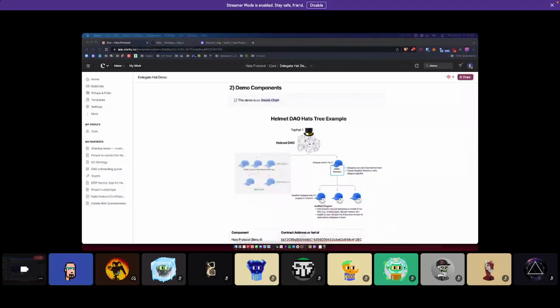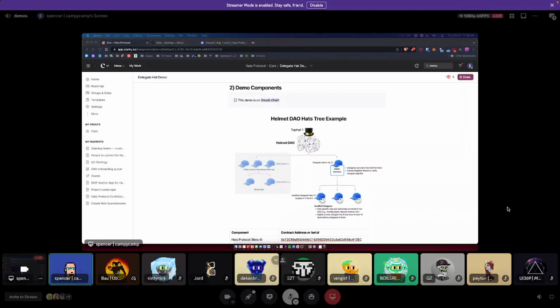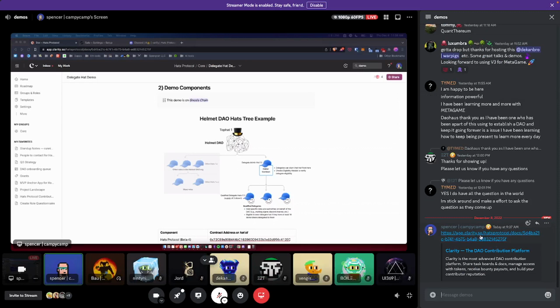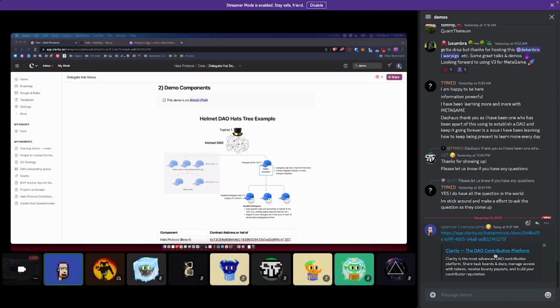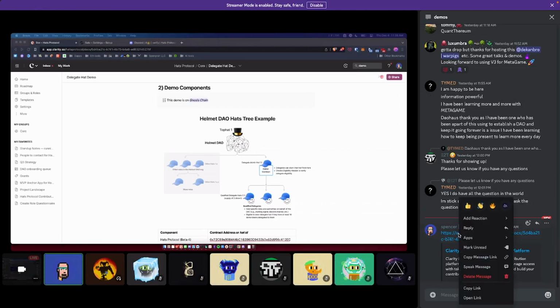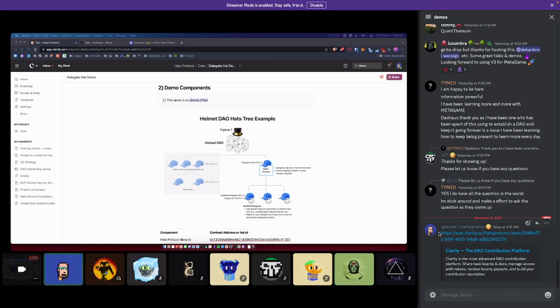Okay, so for those who don't know, HATS protocol provides a way for DAOs to create and delegate roles, responsibilities, and authorities to individuals, as well as subgroups or pods or sub-DAOs or working groups, etc. And so we're going to talk through a little bit of how that works and why the way we've set things up and the way we've designed the protocol we think is really valuable. And we're going to do that with a bit of a demo.